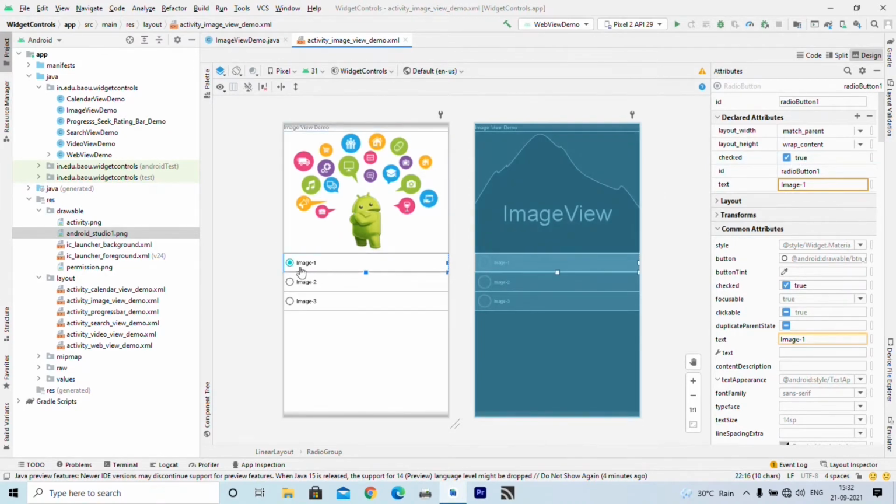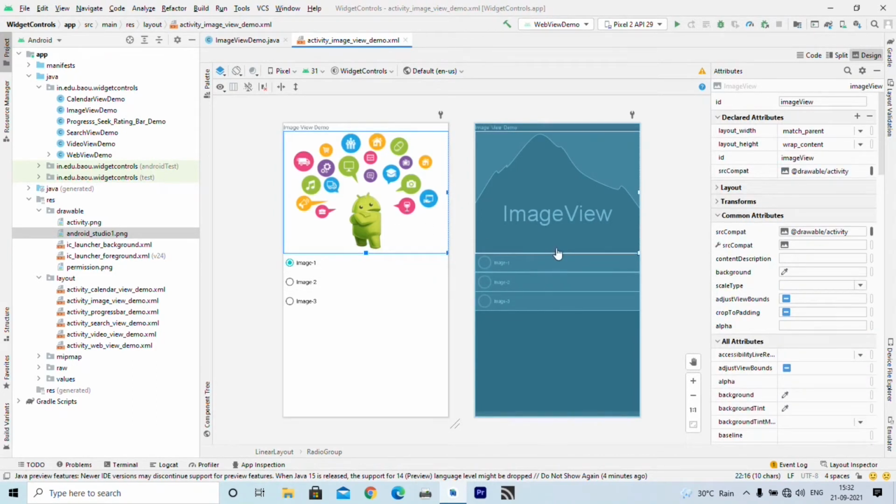By default the first radio button is checked and the first image is displayed here. So how can we display an image? We have already learned, in src compat you have to write the reference of the drawable file, at the drawable and slash and then the file name. My file name is activity, right? This is how I have set the initial image and initial selection.